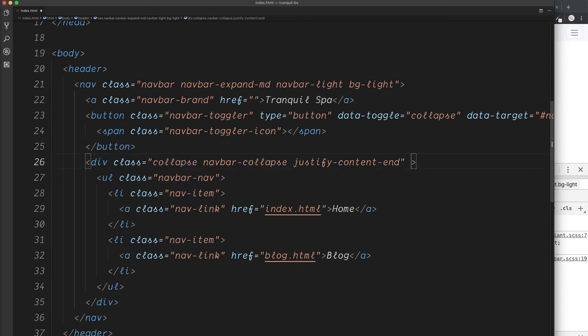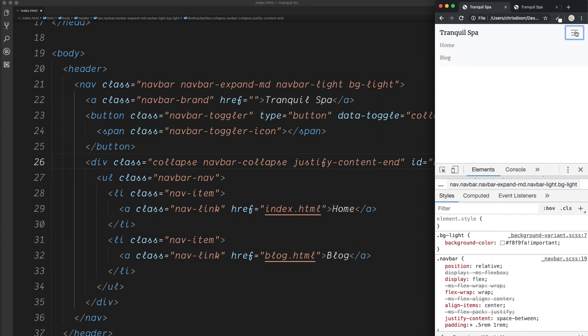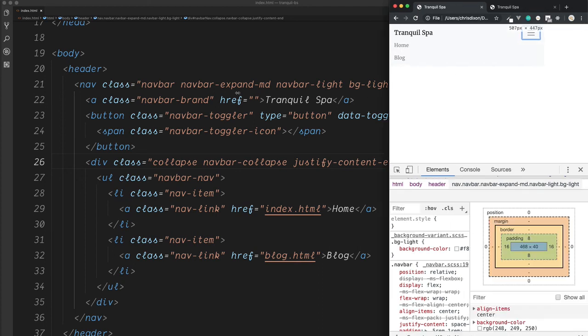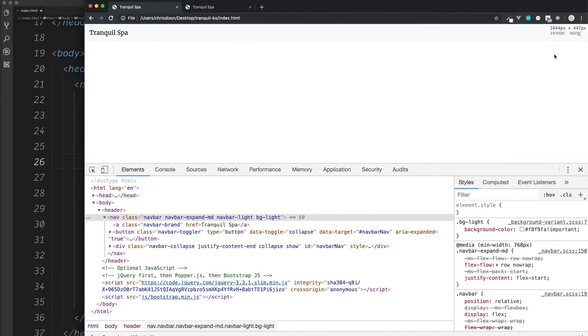So inside this div, let's add the ID of navbar-nav. Give this a save, reload the browser, and now we get a working drop-down menu. Expand this. And this now goes back into the full screen view. Good, so this is it now for the menu, and we'll continue with the header next, when we add the featured background image,